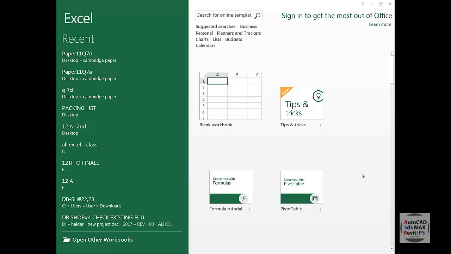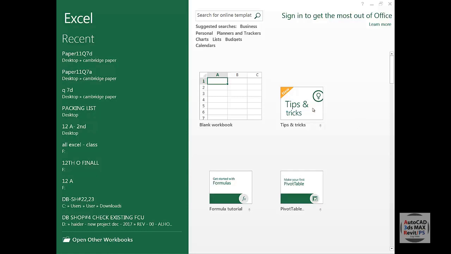Now I believe that many of you are probably working on an older version or maybe a newer version, but you don't have to worry, because what I'll be teaching you in this lesson will be 90% or maybe 95% the same as what you are going to find in your Microsoft Excel. So let us start. When you open Microsoft Excel, this is the sheet you will encounter first.